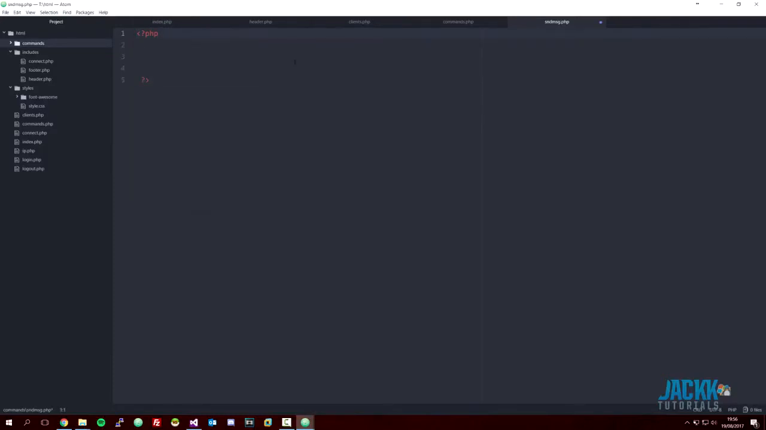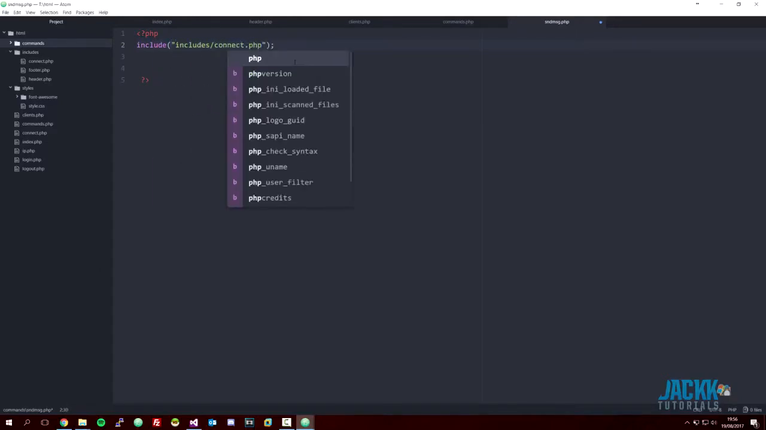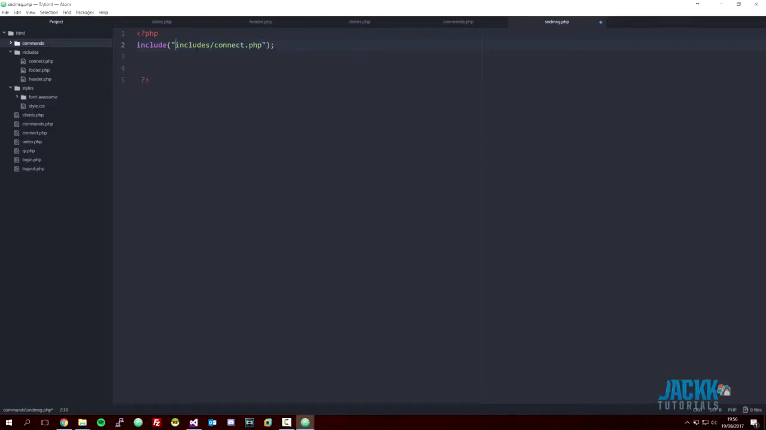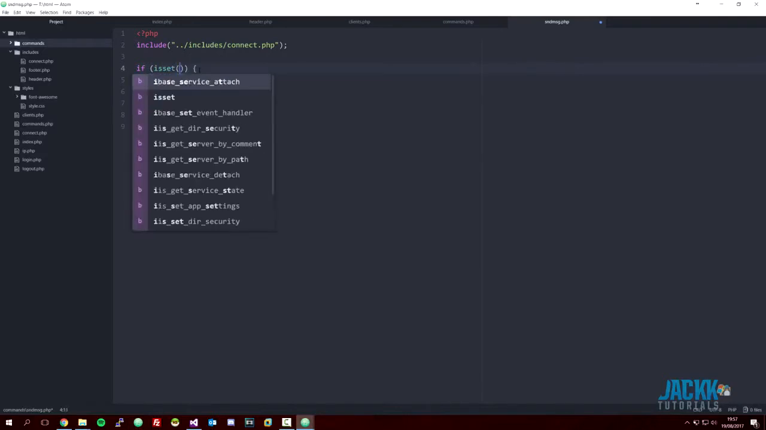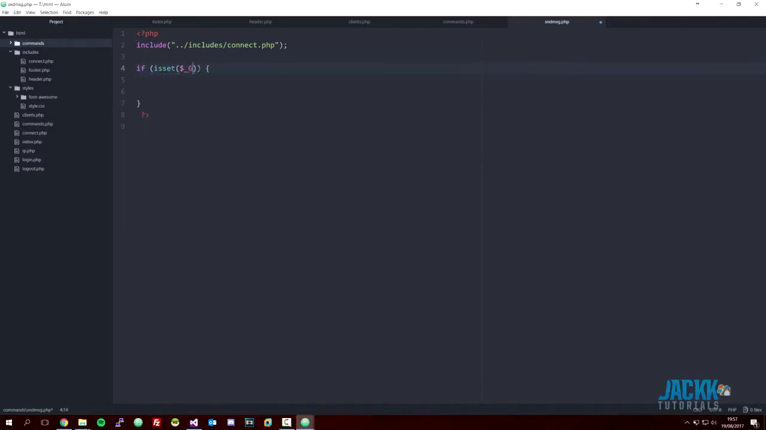There we go, we're going to open some PHP tags, and we're going to go ahead and include /connect.php. Now there's one thing we need to do here, because we're in a folder, we need to do some directory traversal, and come out of that folder and then go into the includes folder. Hopefully that makes sense. And we're going to do an if statement, and we're going to say if isset $_GET